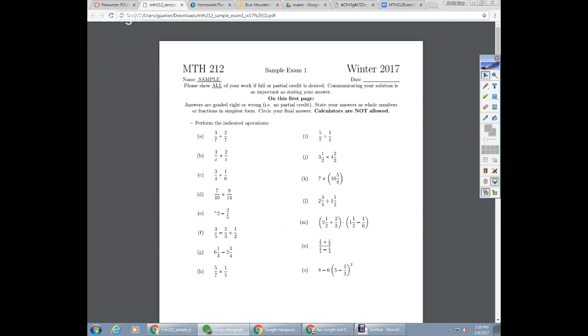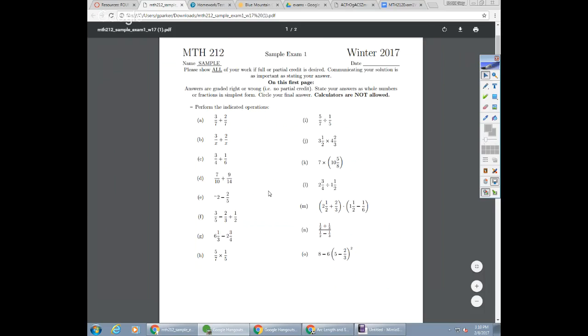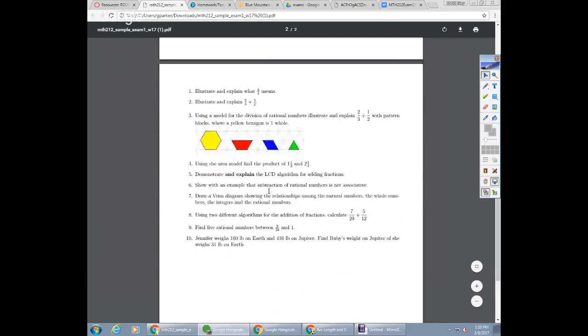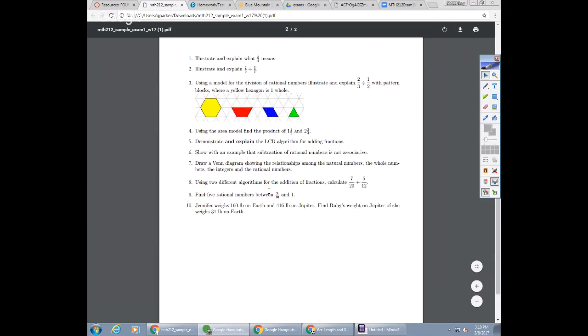You'd have to come move in front over here. Sorry. Which one, Corey? Number 7. Okay. Yeah, it's still a good thing to be aware of. All right. So